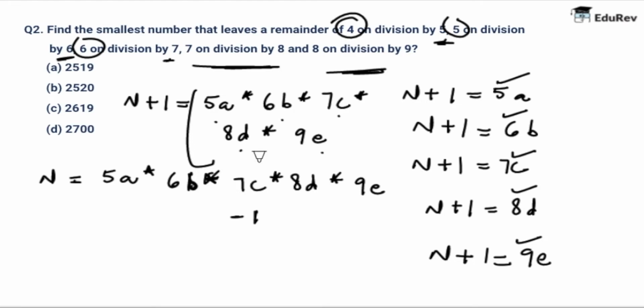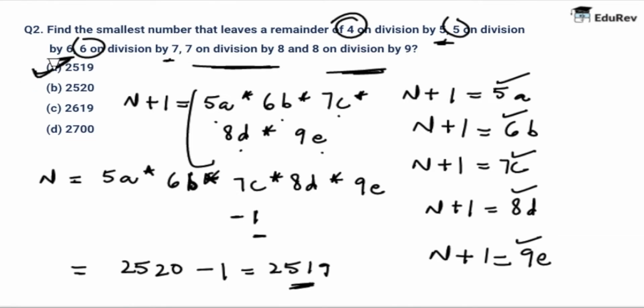Now LCM of 5, 6, 7, 8, 9 minus 1 is going to be what? The LCM is 2520, and then we have -1, so this is going to be 2519. Now the question is that we need to find the smallest number that leaves a remainder of 4 on division by 5, 5 on division by 6, 6 on division by 7, 7 on division by 8, and 8 on division by 9. Hence the value is going to be